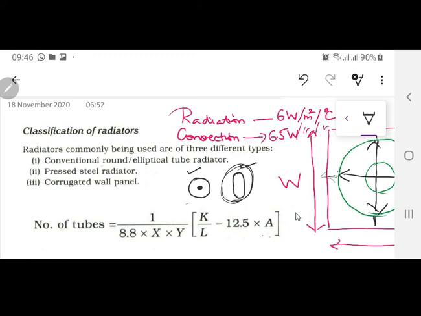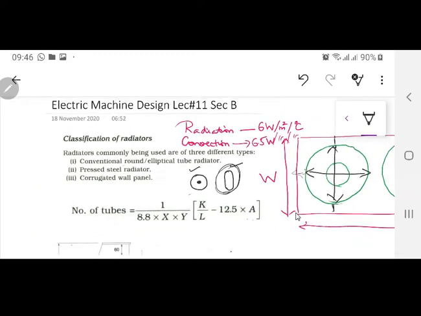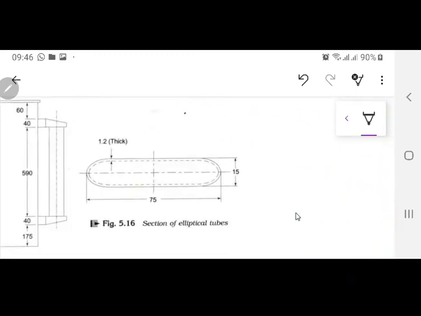Now before I move on to the elliptical ones, by elliptical ones I am talking about something like this. This is a section of an elliptical tube, as you can see. Now as written in this book, I don't take this one as a very genuine book because it is coming from India, so in Pakistan maybe we have a different elliptical tube length. In this book they say that the normal length of an elliptical tube available in India is approximately 6 meters. 6 meters is a huge distance.